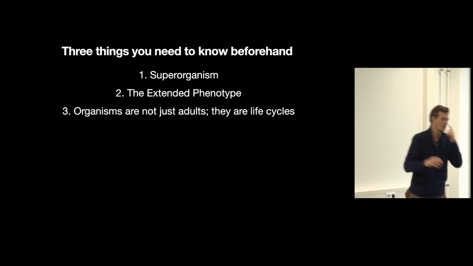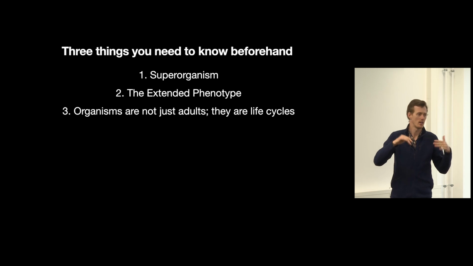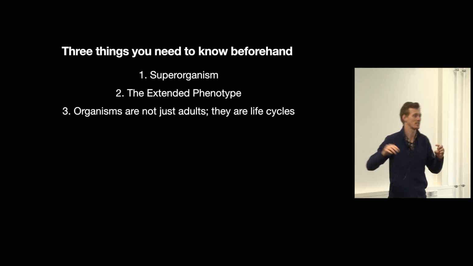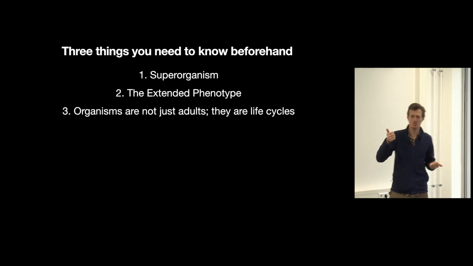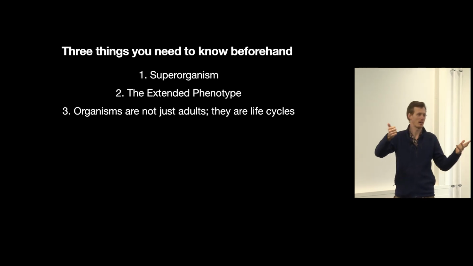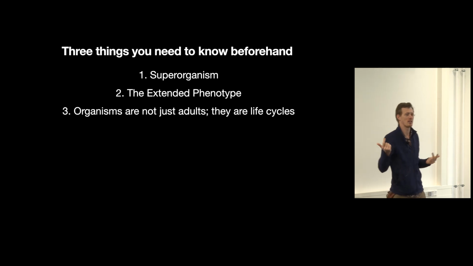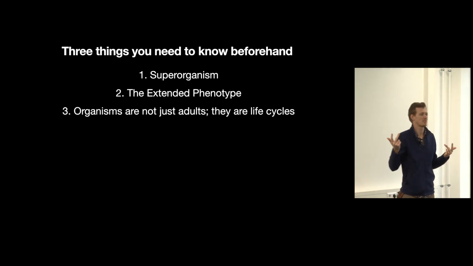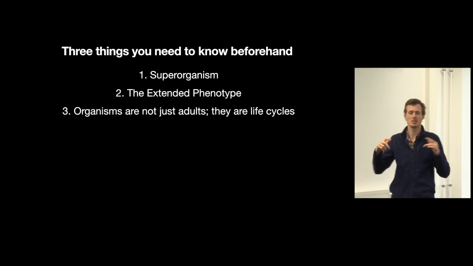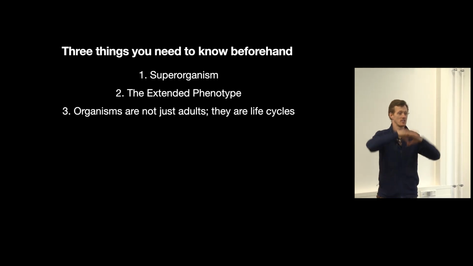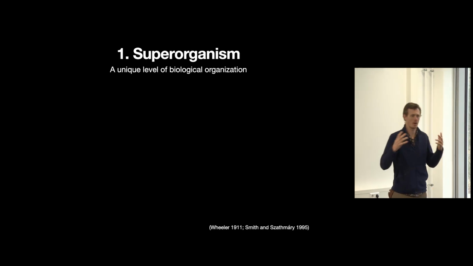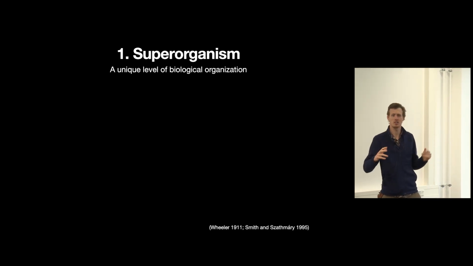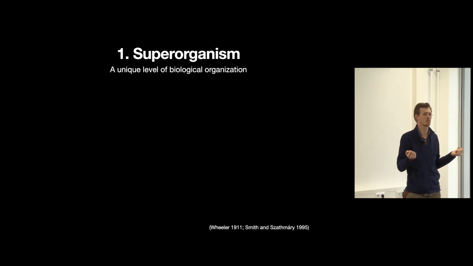The three main things that you need to know just to get a baseline, so that some things make sense going onward, are three concepts. One being the superorganism concept, which I mentioned in the title, but I didn't necessarily explain. The second one being the extended phenotype. And the third one is a realization that evolution is acting on developmental systems and that it's the entire developmental organism that's important. Because we're all biologists here, or at least biology adjacent, I think we'll be able to go through these precursors pretty quickly.